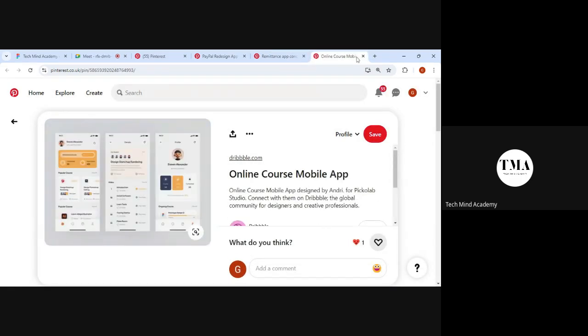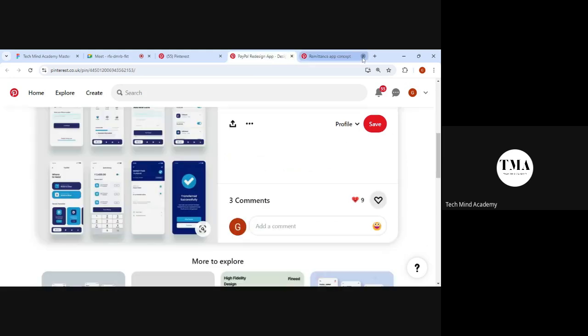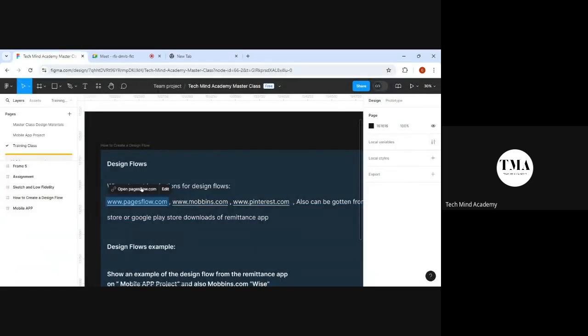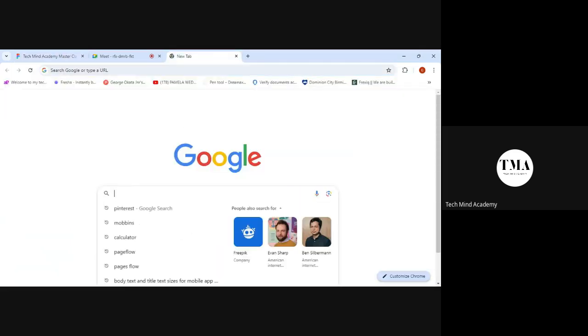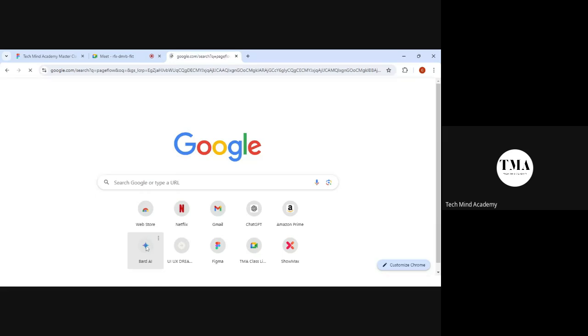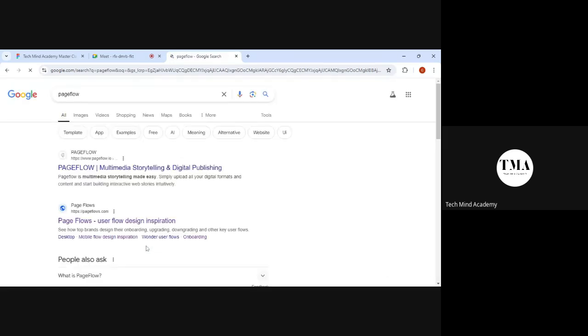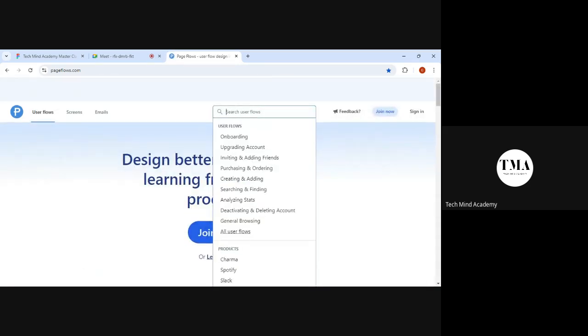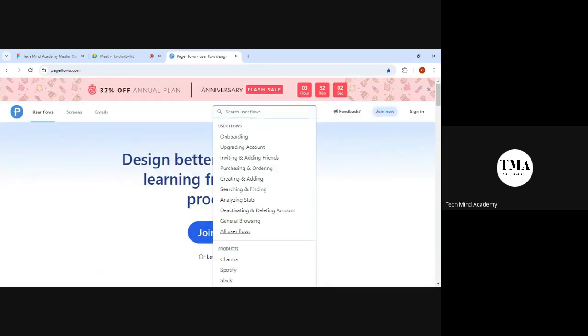So this is one way to get your design flows. Now I'm going to show you another place to get your design flows. The next one, basically here, let's go to page flows. I use this more often, you can see it's already in my search, because I still use it more often. If you have some remittance apps that you already know their names, try and see, because with these other two I'm going to show you,